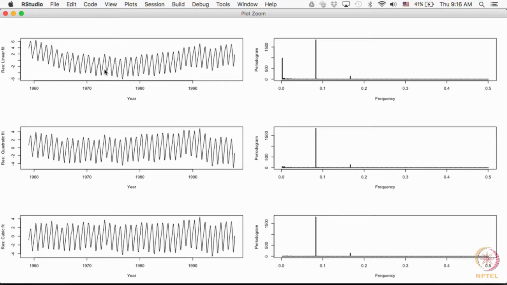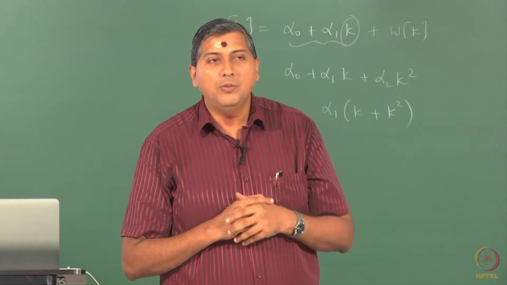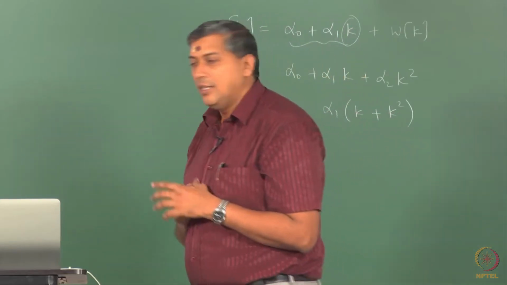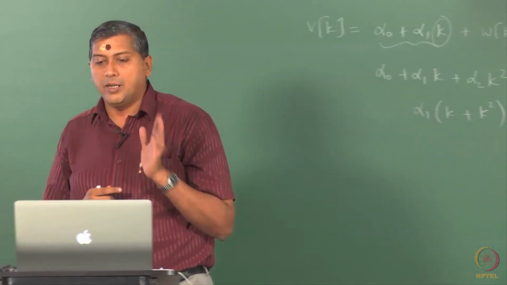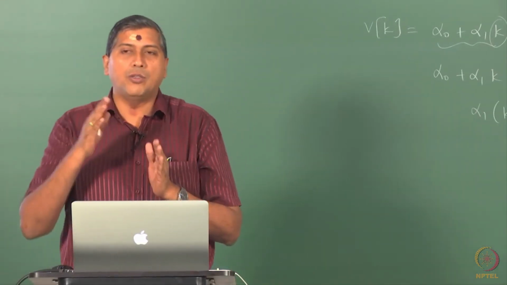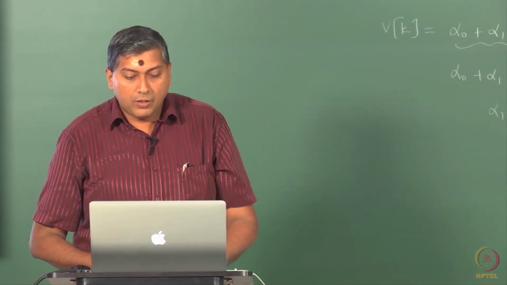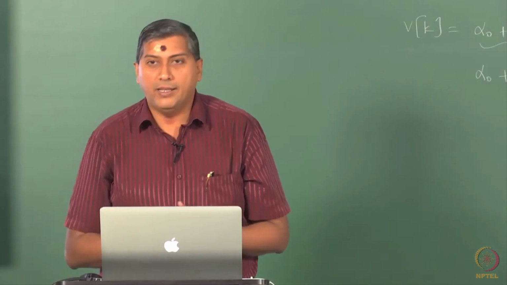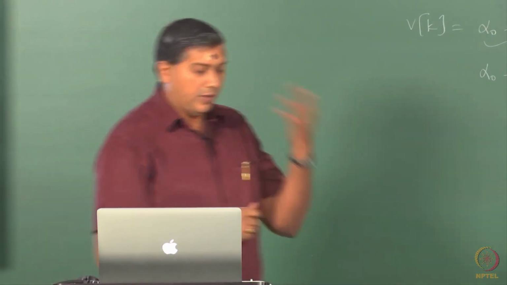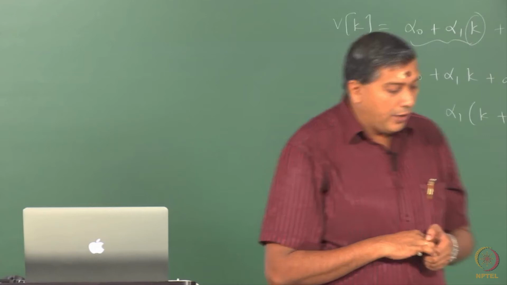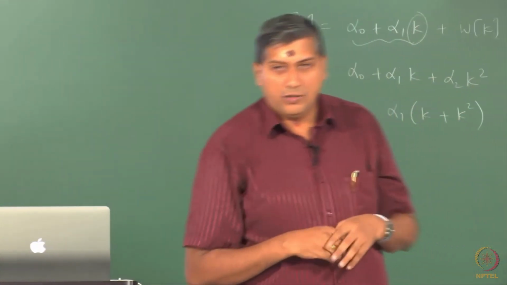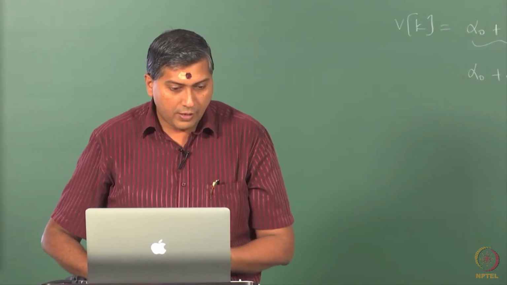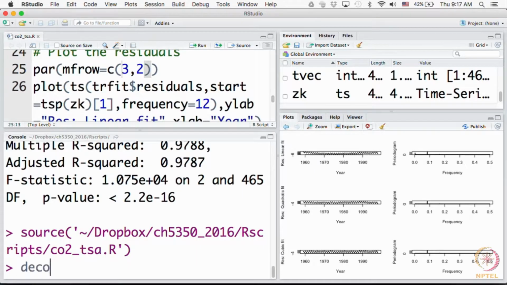We have adopted a parametric route here, and we have not assumed seasonality. We have relied on the periodogram to tell us what the seasonality or the periodicity is. I keep using the term seasonality, but remember that seasonality is much more than periodicity. Whereas, many of these methods by default assume that you have to supply this periodicity information. Now, with the decompose routine, for example, if I were to use decompose on this, let's see what happens.